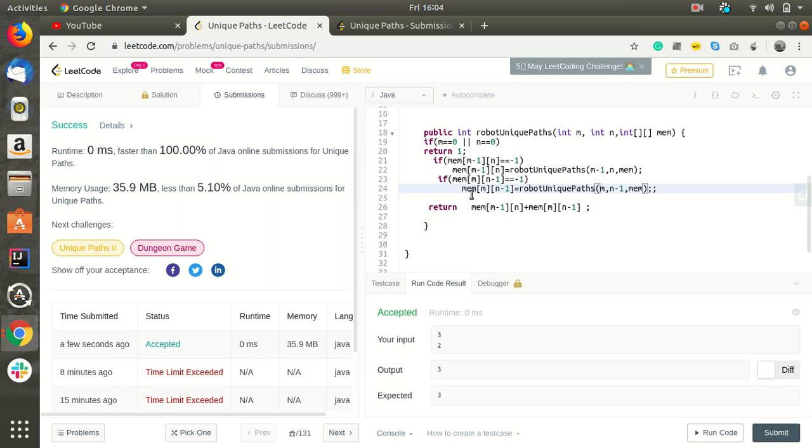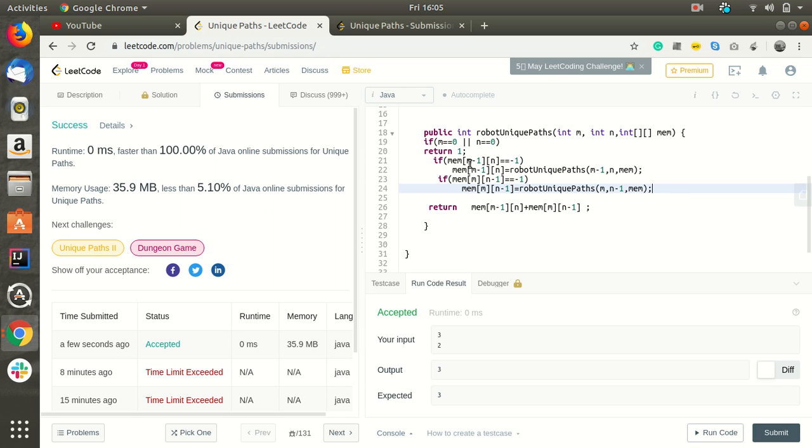You can take some easy inputs, some small values, and check that there will be multiple instances where the thing will be recalculated again and again. If we make sure we can avoid those, then we will achieve a lot less time complexity. You can see the results earlier: because of the recursion, the solution was not getting accepted, but now it is getting accepted.